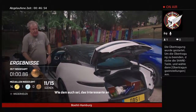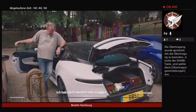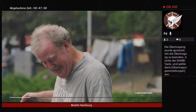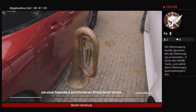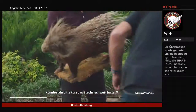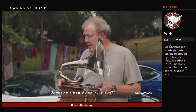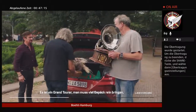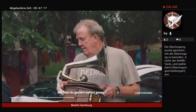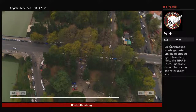Anyway, the interesting thing about the Aston Martin is... I've got quite a lot to say. At this point, James came back after a very ambitious shopping trip. Could you hold the porcupine, please? Yak goes in first. How big is that boot? It is actually really big. It's unnecessarily big, actually. Too much boot. It's a Grand Tourer. It's for taking luggage, as you said only the other day. His master's voice. With our souvenir...